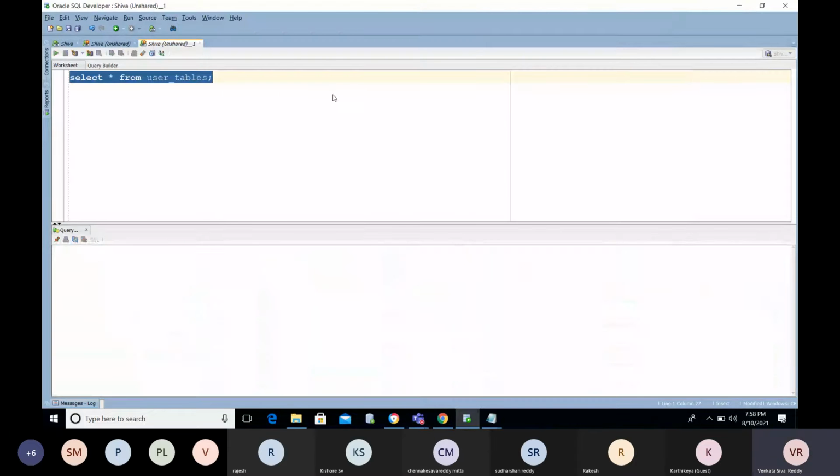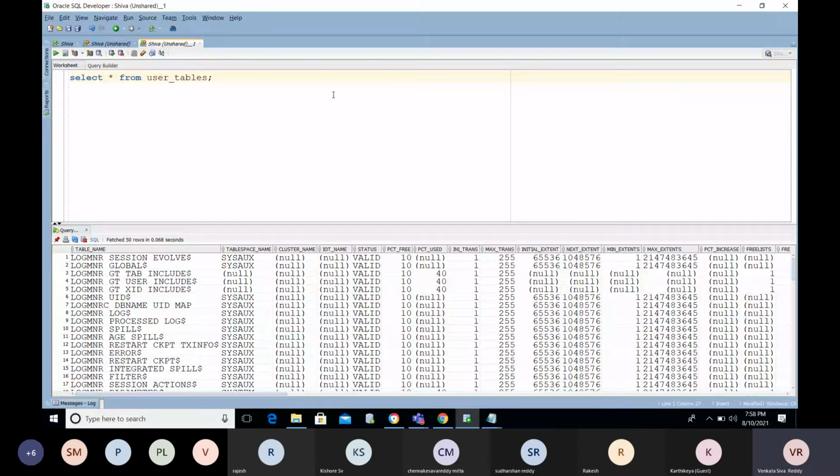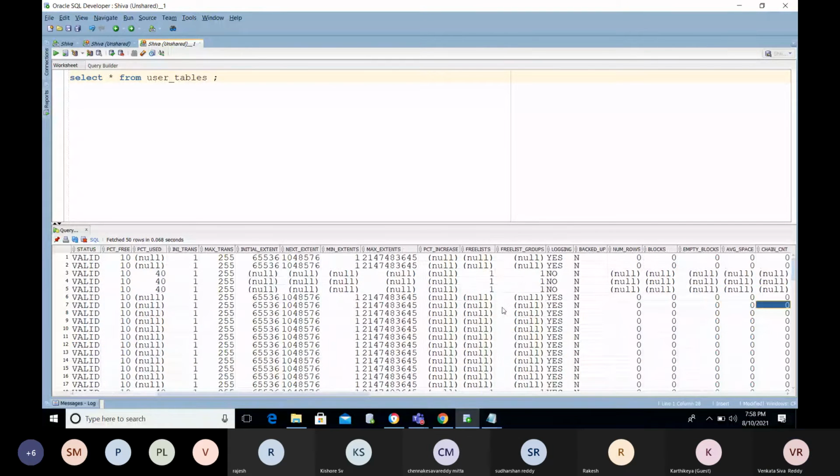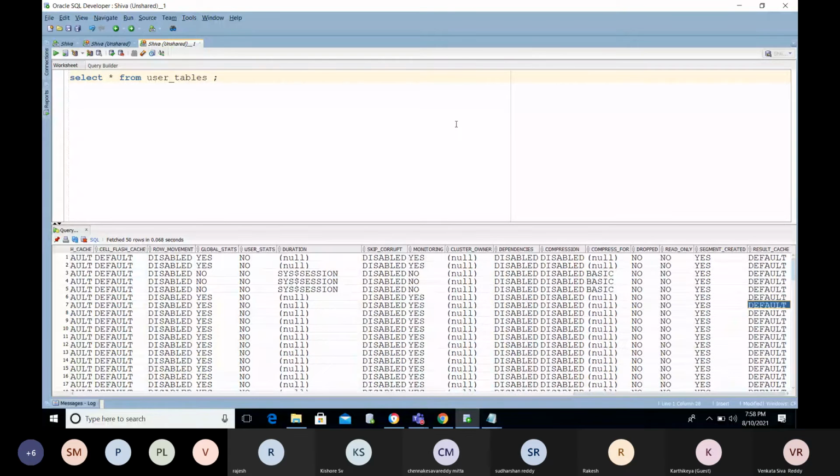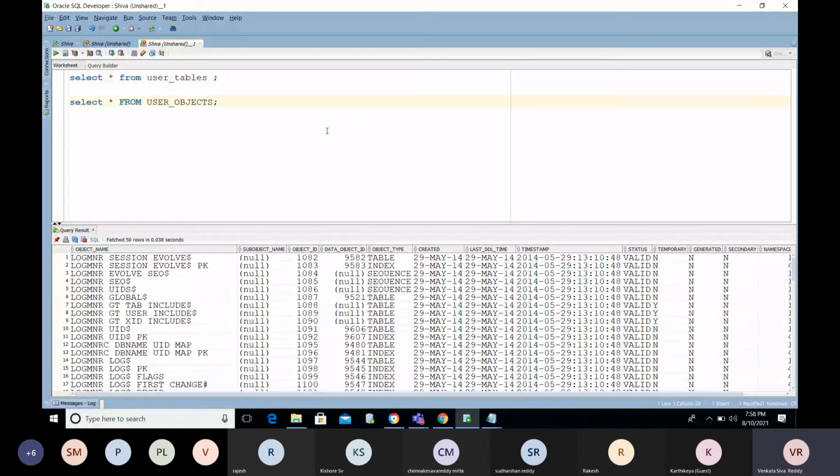Okay, user underscore tables. Now, what are the tables I have created? I need to find out the list of the tables here. How can I find out what tables I have created just now? user underscore objects is one of the meta objects.